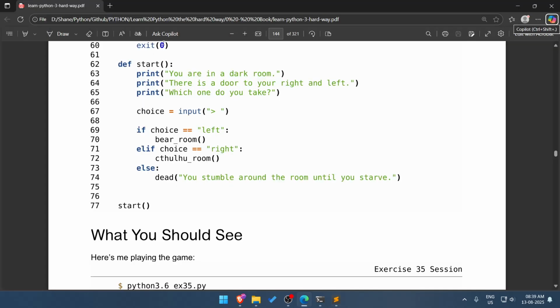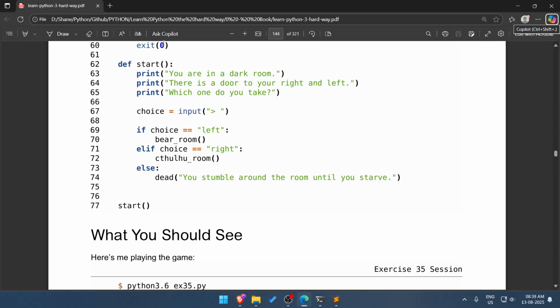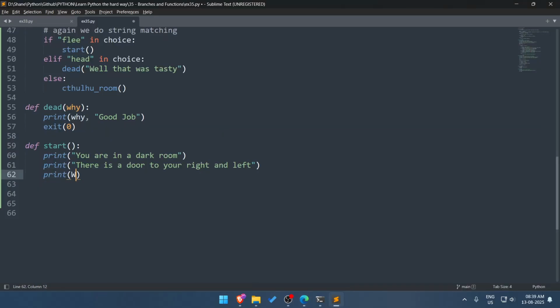Print "There is a door to your right and left. Which one do you take?"